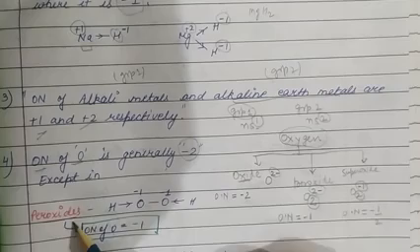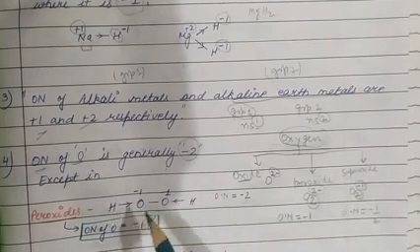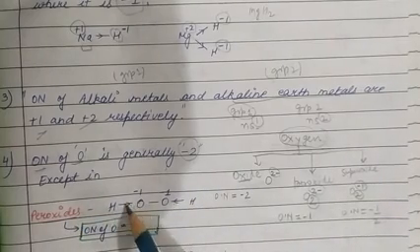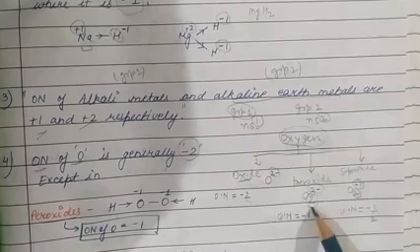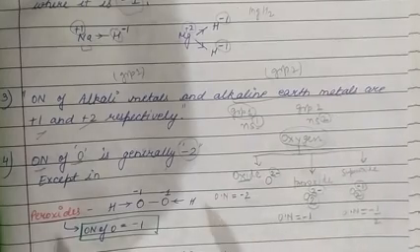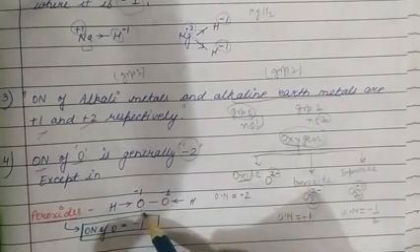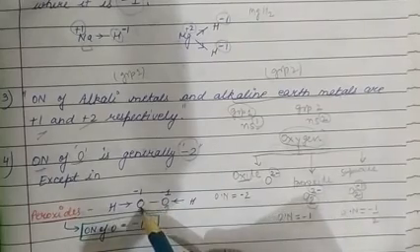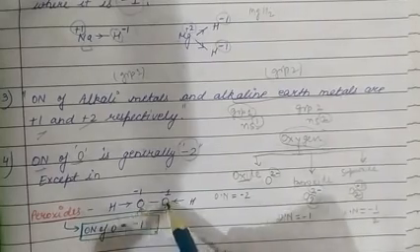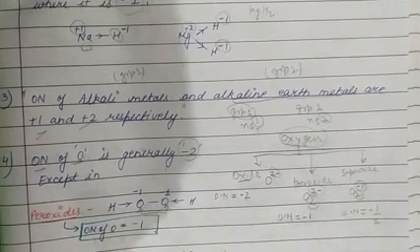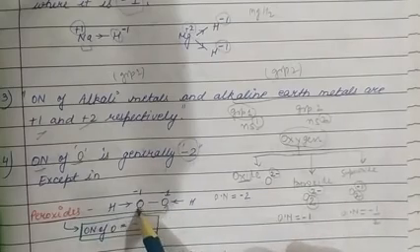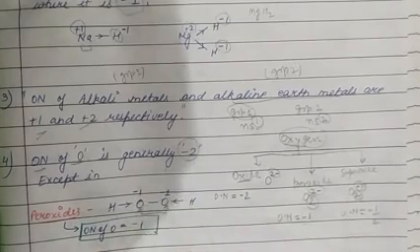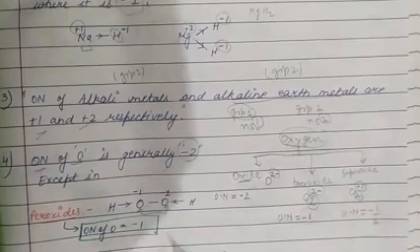Except in peroxides. For example, the peroxide H2O2. In H2O2 we know the oxygen will carry an oxidation number of -1. The identification for a peroxide is that there must be an oxygen-oxygen linkage. When an oxygen-oxygen linkage is present, it means it is a peroxide. And we know in peroxide the oxidation number of oxygen is -1. So here the oxidation number is -1.